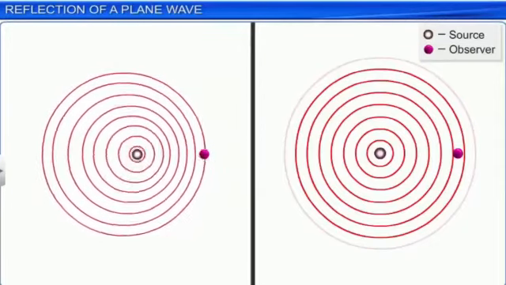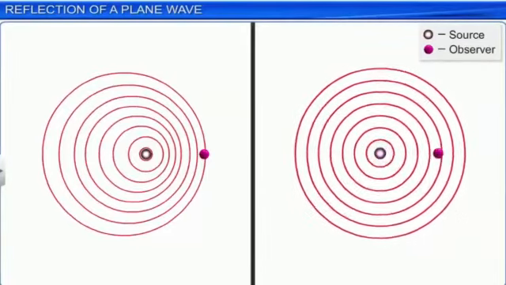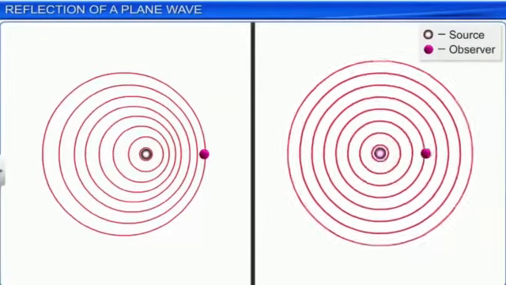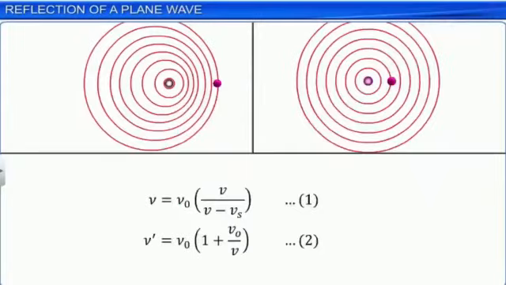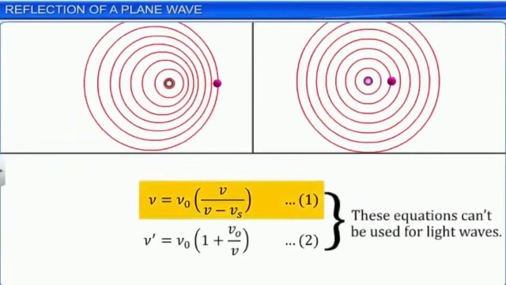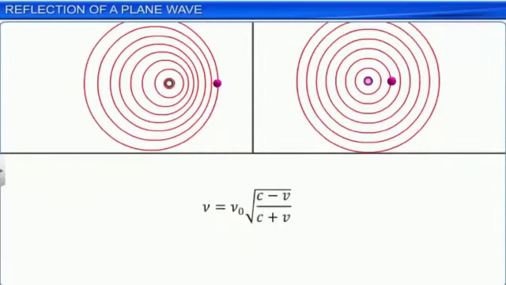We know the speed of the electromagnetic wave is the same in any inertial frame of reference. As a consequence, for the purpose of the Doppler effect of light, a source of light moving through a medium in which the observer is at rest, and the observer moving through the medium with the source at rest, are physically identical situations. Hence, we cannot use equations 1 and 2 in the case of light waves.